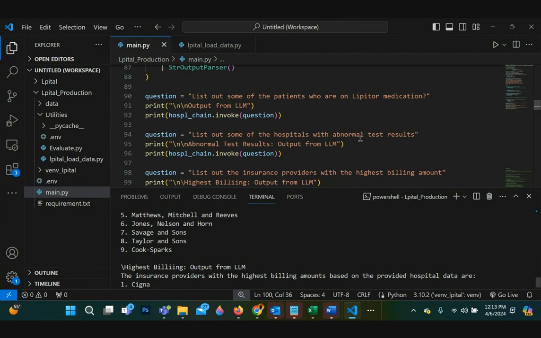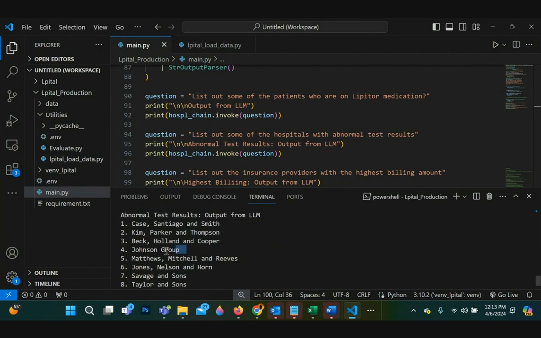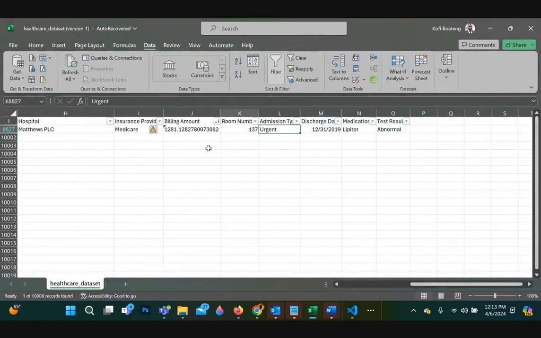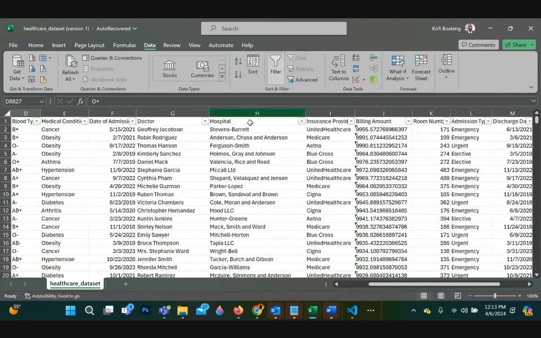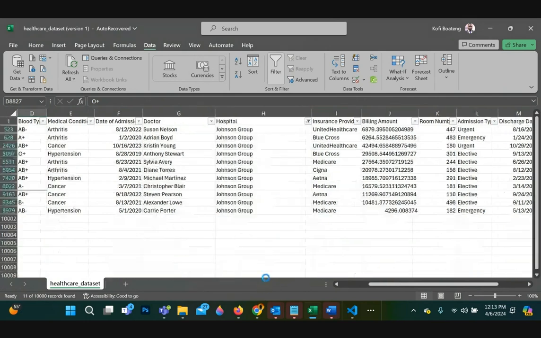So list out hospitals. Let's look for hospitals with abnormal test results. Let's say Johnson Group.